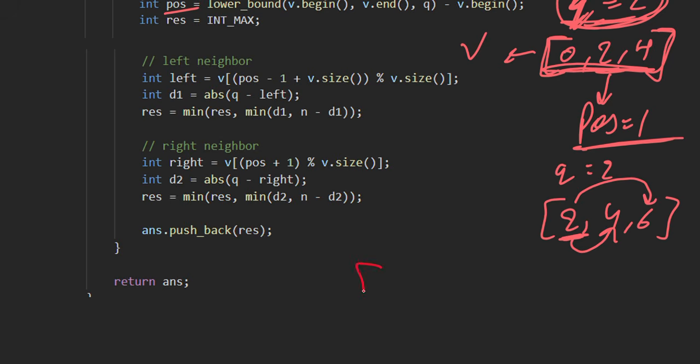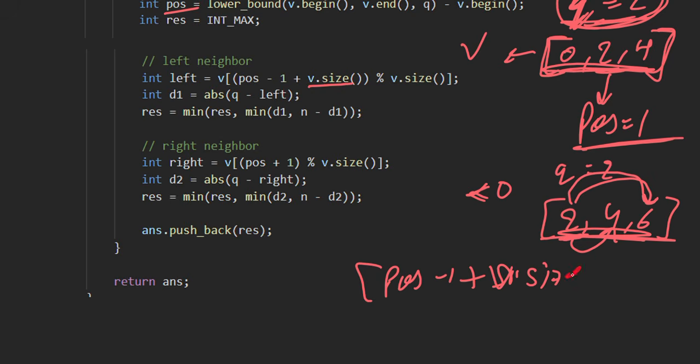First is position -1, but it may be possible that position -1 is less than 0, and we know we have a circular array, so we have to move to the last. That's why we take position -1 plus the size of this index list, so we add v dot size, and then we take modulo with the same value, right? So we get the left index.